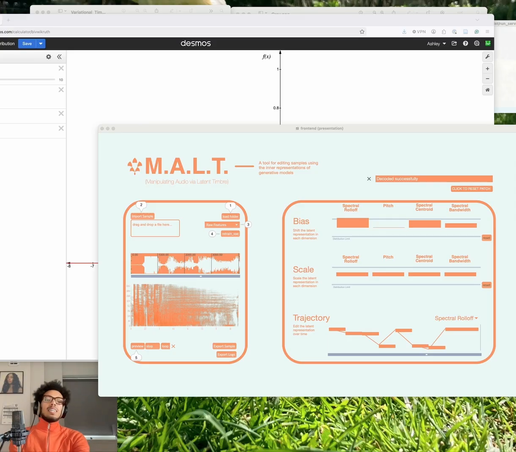So as part of my PhD at the Centre for Digital Music, which is Queen Mary, University of London, and the Creative Computing Institute, which is the University of the Arts London, I'm creating systems like this with the aim of allowing us to use generative AI in creative ways again.